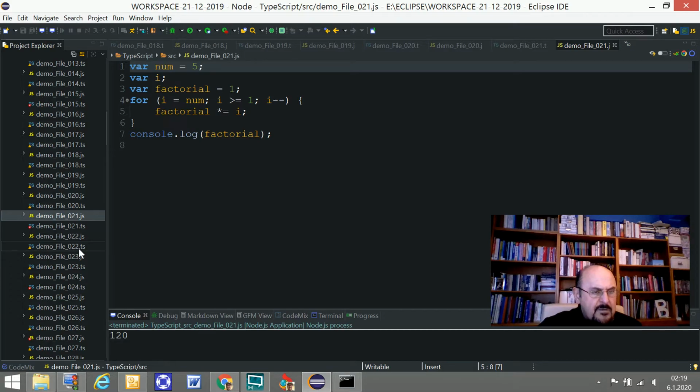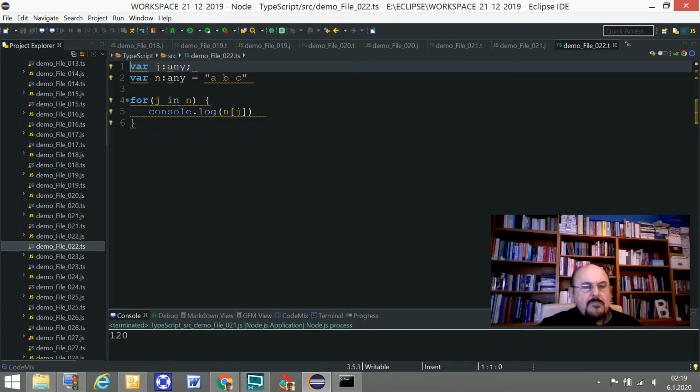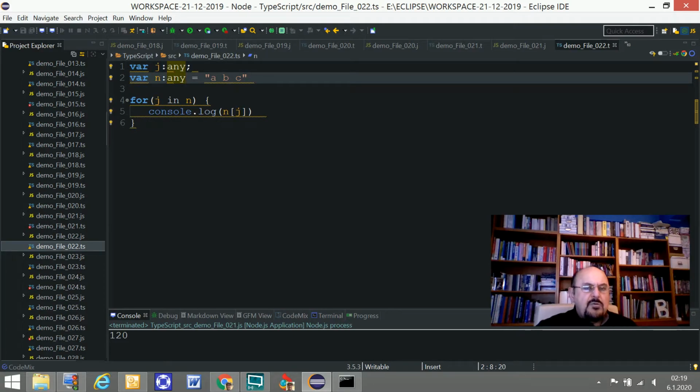How about file 22 TypeScript? Here it's another example for indexing. I define two variables such as j and n, and their type is any, another type any also. However, the next one, n, is assigned as a, b, c, and